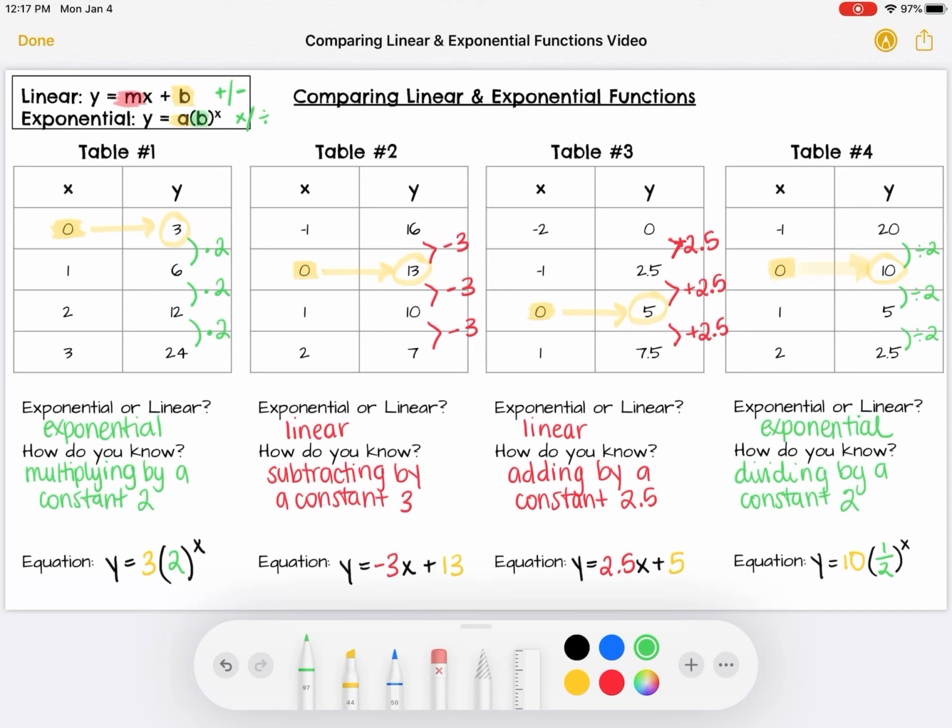Okay, the other way you can think about it is dividing by 2 is actually the same as multiplying by 1/2. So it's kind of like earlier when I said 20, I take half of 20 to get 10. It's just that same idea. Taking half of 20 to get 10 is the same as multiplying by 1/2. So your explanation can still say it's dividing by a constant of 2, but you need to make sure when you write your equation that you put 1 divided by 2 to show that it is a division in our table,